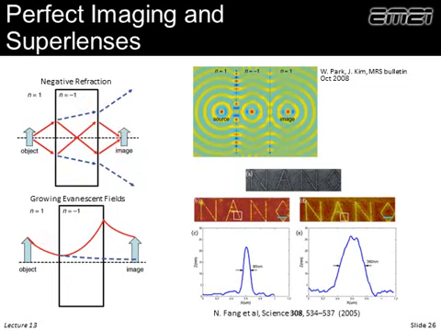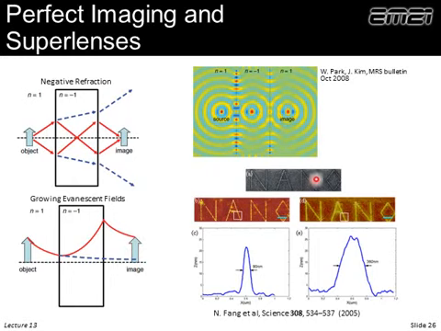Another neat thing, if we have an object that's very, very small, it generates very, very high spatial frequencies that are normally cut off. They're cut off in air, and really we end up getting just a blurred image of the object because we need those higher spatial frequencies really to say what that object looks like. If we lose that, we get a blurring effect. Well, if those high spatial frequencies decay because they're evanescent, they're cut off, if suddenly we have a slab of something with a negative refractive index, the same evanescent field should grow. And in principle, we should be able to form an image with much better resolution.